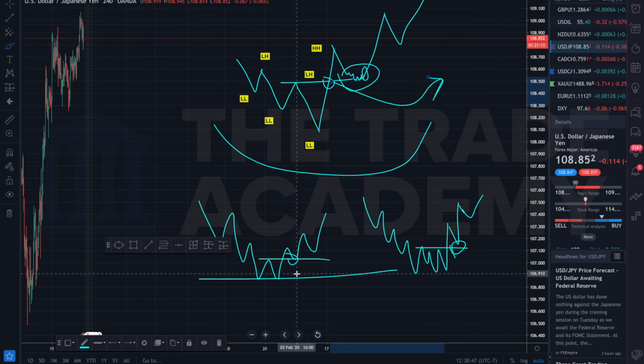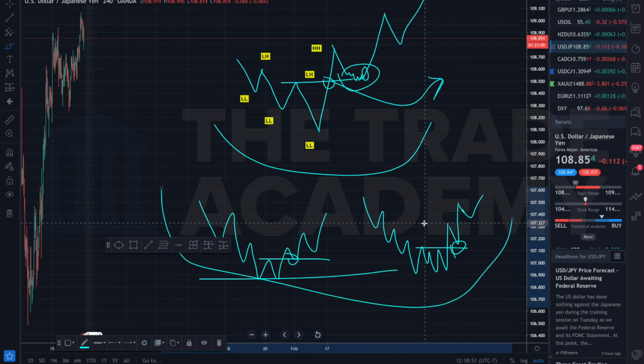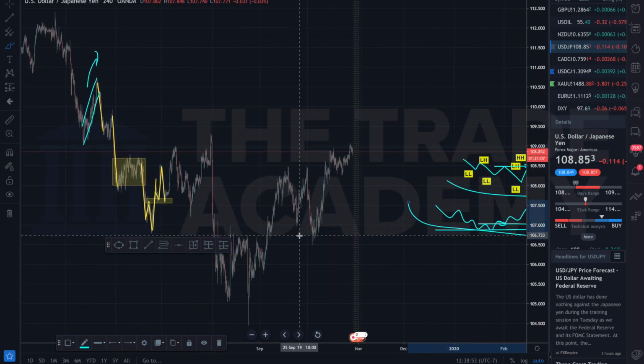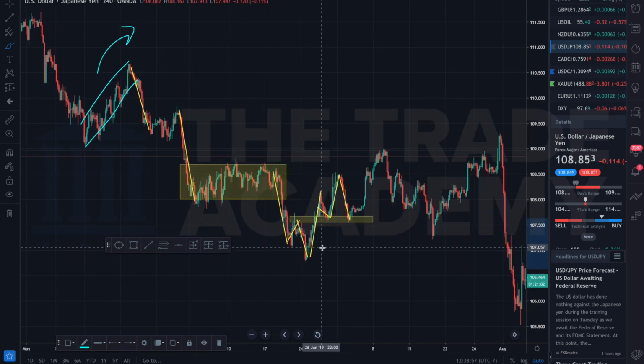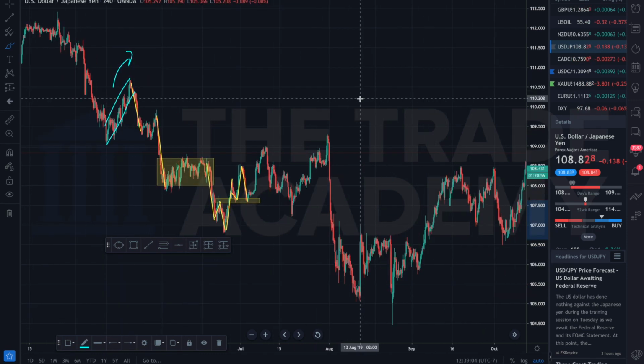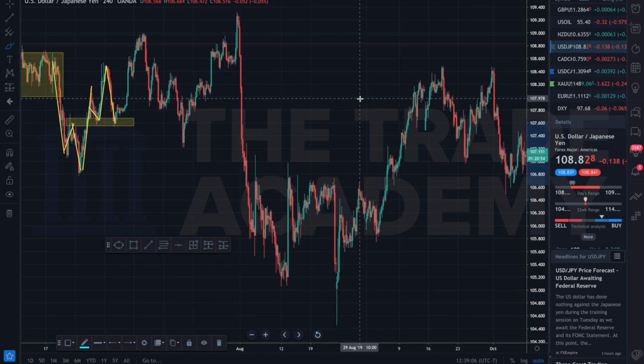Okay, so like I said, there are a lot of different variations to find this transition. We'll go ahead and look and see which ones we find here. And we found this example where we just had a classic lower low, higher high, higher low, and that would have been the break right there. Let's see if we could find something else. Right here,